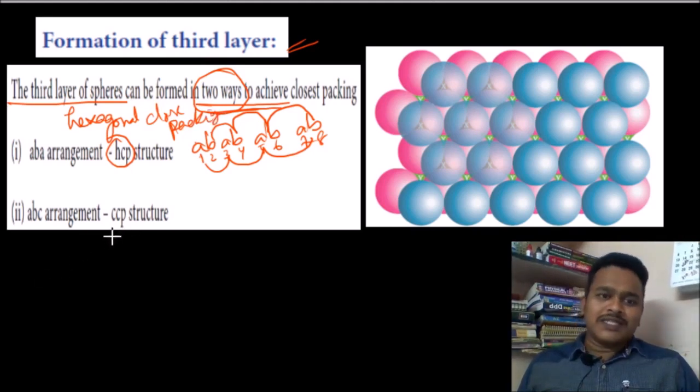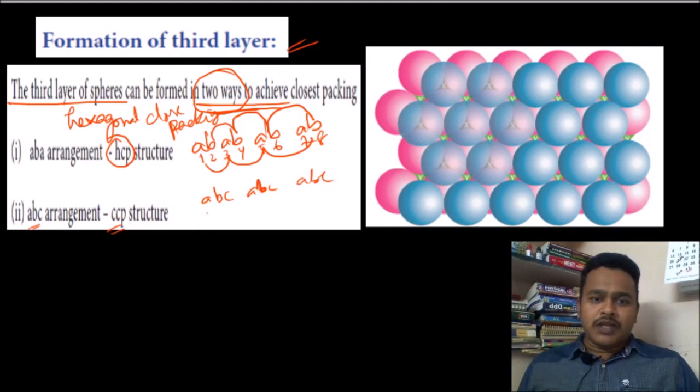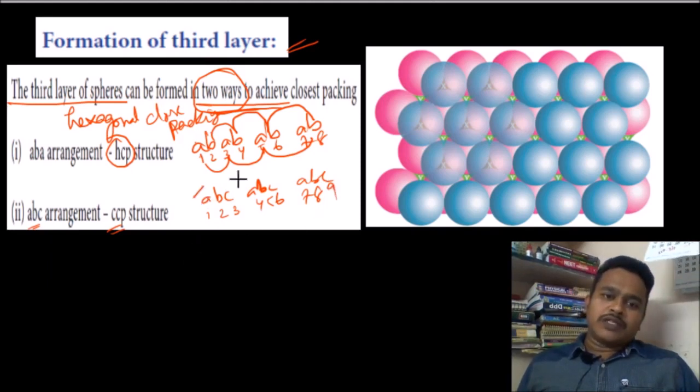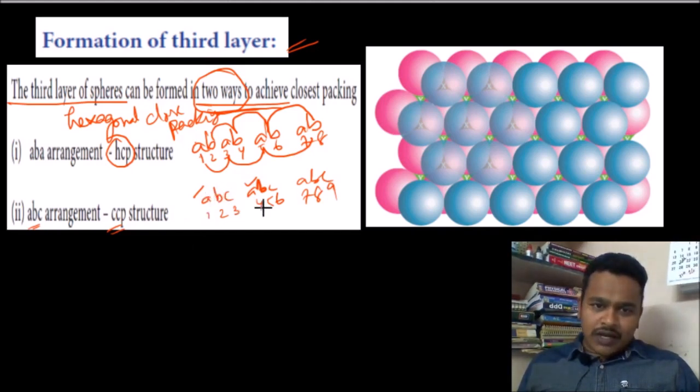Now the CCP structure. What is this arrangement? ABC, ABC, ABC. That means first layer, second layer, third layer, fourth layer, fifth layer, sixth layer, seventh layer, eighth layer, ninth layer. Here you observe that first and fourth are similar, second and fifth are similar, third and sixth are similar.